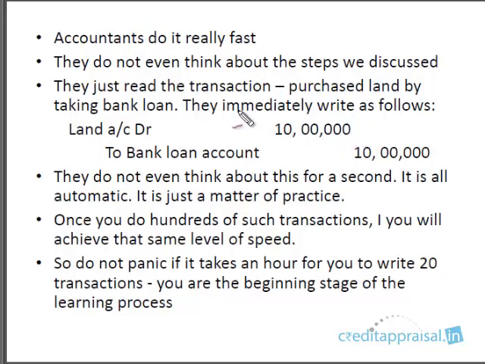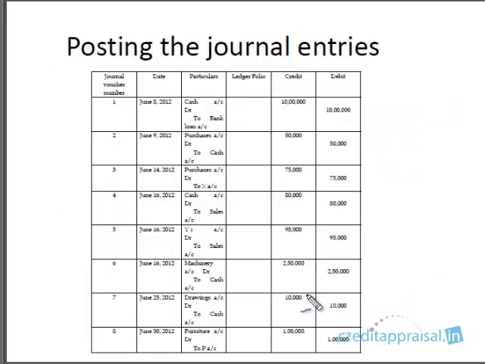So as I already told you, even though we have taken a lot of time in identifying which are the two heads that are affected and what is the debit effect and what is the credit effect, accountants do it really fast, right? They don't even think about it for a moment. It's done with practice, right? It's done automatically. So with practice you will attain the same level of speed. Don't be terrified that this is a very lengthy procedure. Once you have identified, as in the previous 8 examples which were discussed, which are the two heads that are affected and what is the credit effect and what is the debit effect,